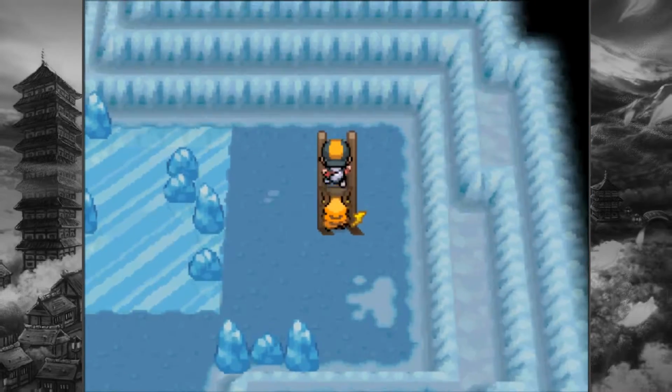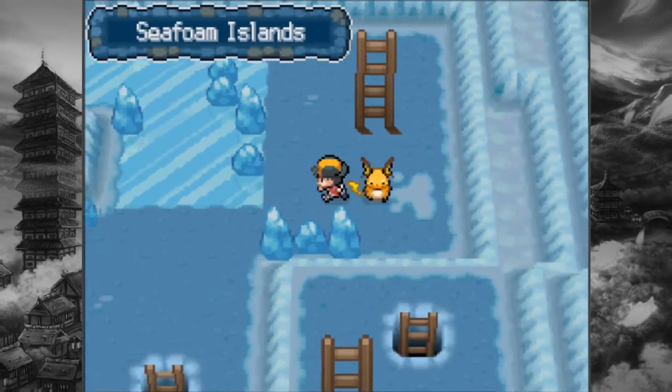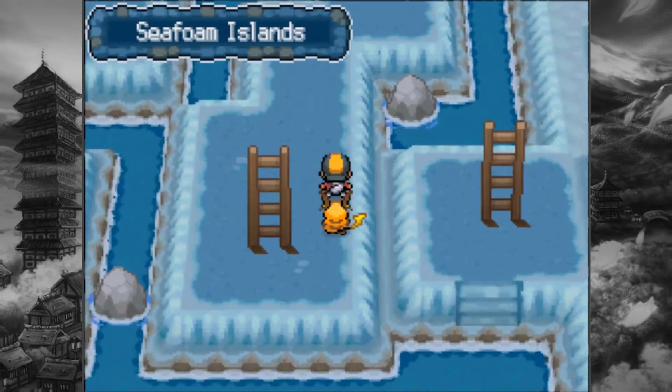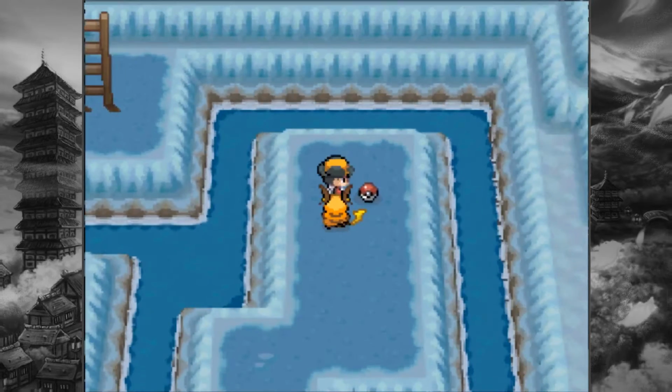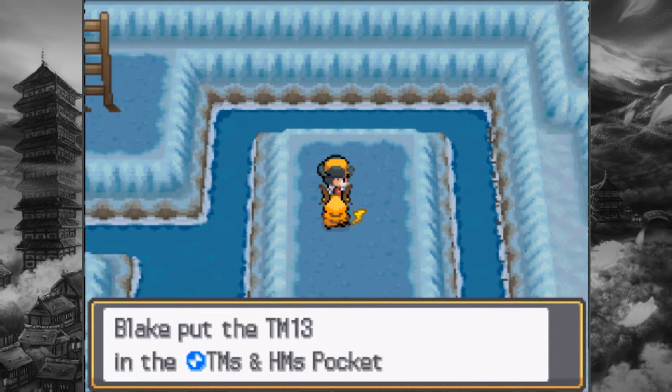Because I'm assuming that's how you get over here. Unless... wait, didn't I just come up here? Yeah, I just did. What am I doing? Okay, so what if I just go down here? Maybe the ice doesn't have to do with anything at all. Well, let's just... yeah, this is just here for the item. It's a good thing, because TN13 Ice Beam...